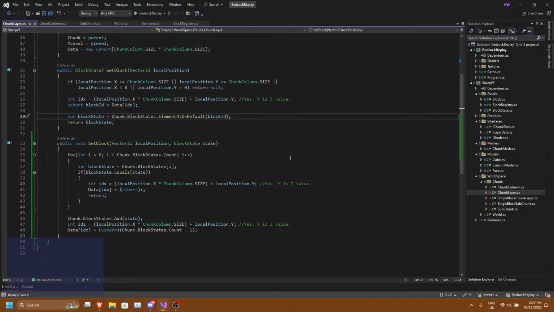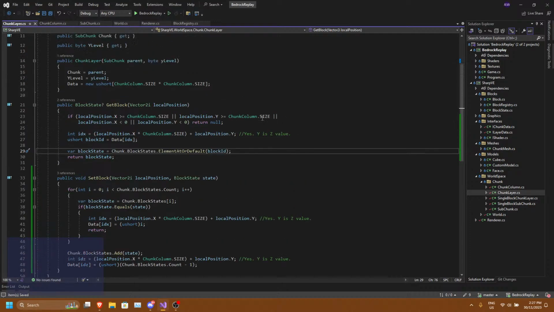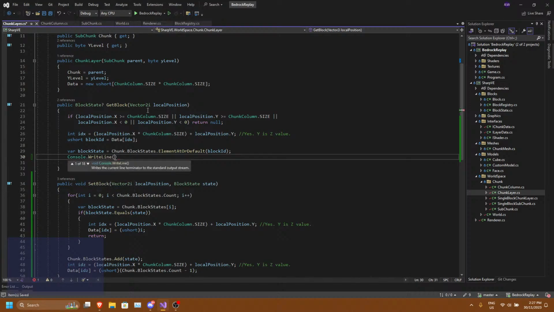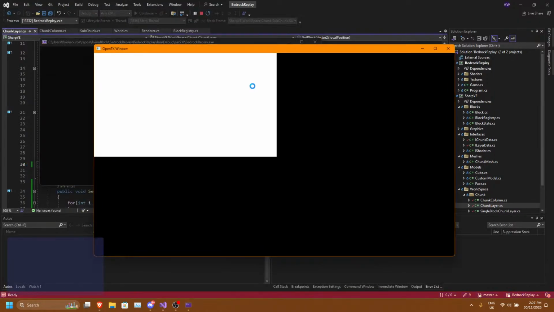That should not be happening. Why are we only getting a couple of blocks, not the entire thing? Wait, no, hold on. Where is it? Console.WriteLine the position. Let's see where it's trying to get the block.